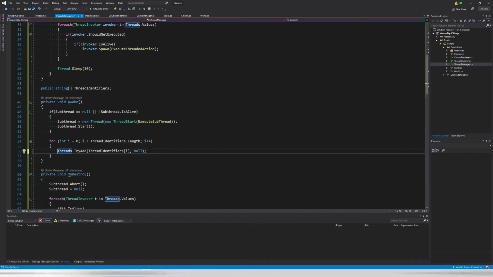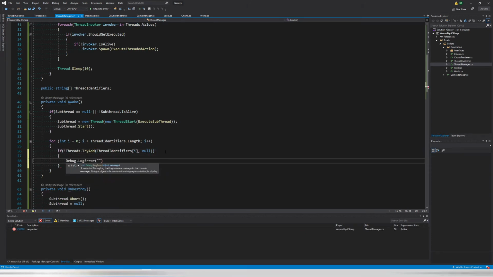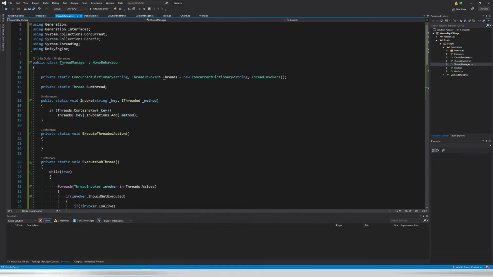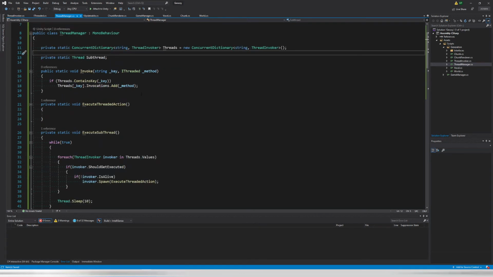And if it fails, for now we just Debug.LogError here. Failed to add basic identifier. It should never get here. I mean, right now we're registering it to it, and it's the only place where we get this. But because we are accessing this thread invoker from different threads, it might be that this one is getting in a lock, or